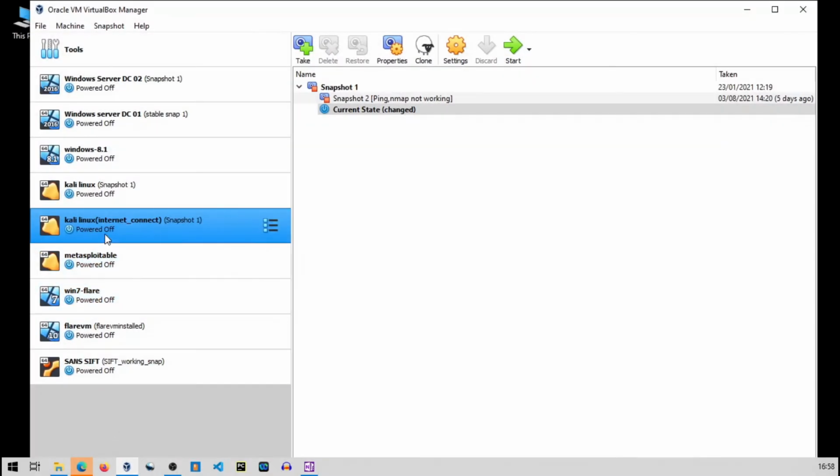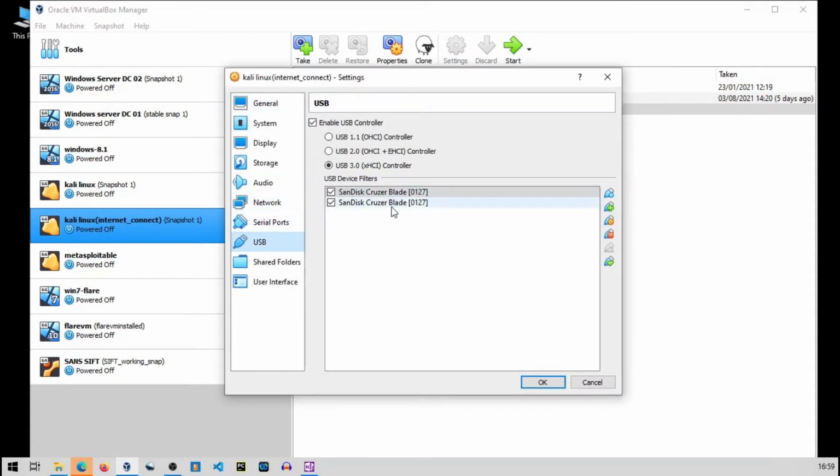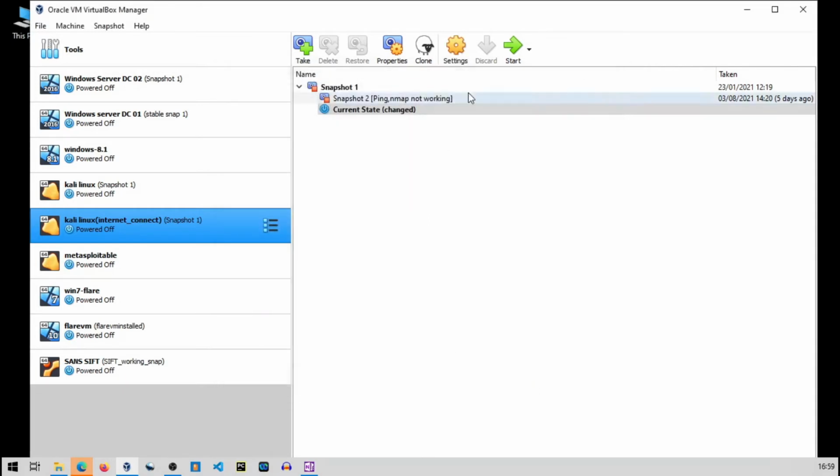So for the demo, I have selected one 8 GB pen drive, and I will be doing this in Kali Linux. You can do that in the SANS SIFT virtual machine too. I will go with Kali Linux because many of you are familiar with it. Remember, your pen drive should be detected in Kali Linux. If you are using VirtualBox, do check in USB whether your pen drive is visible. Else you just have to click here and you will see your pen drive, and you should add that. Don't forget this. And I will just power on my machine.